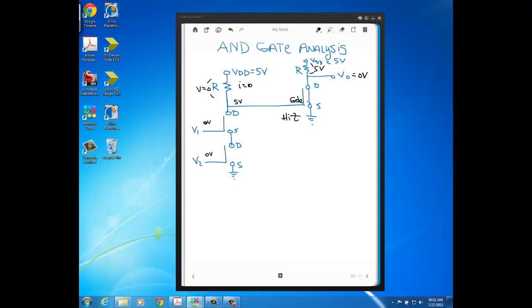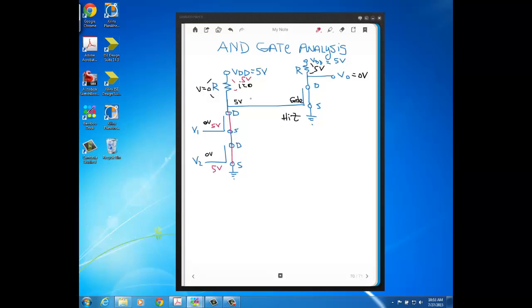See, it's only when both inputs are 1. So let's go to a different color here. Okay, it's only when V1 and V2 are both 1s, or both 5 volts, that we're going to get a different output, because now both of these channels are acting like shorts, and that connects this node right to ground. So current's going to flow through this resistor from this source VDD. You'll get 5 volts